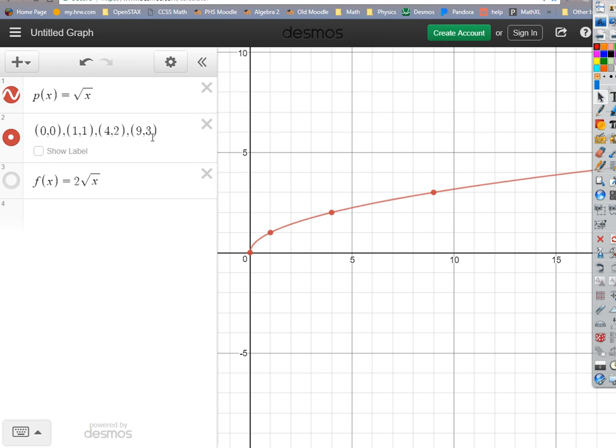Input 16, get back 4. Okay, so we could also go over 16 and up 4, right? Okay, so then what's going to happen here then? Now, what if I want to do, for this parent function, a square root graph, what if I want to